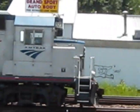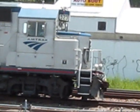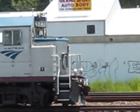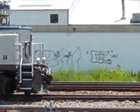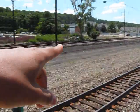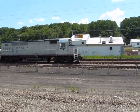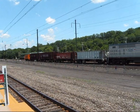But this is the closest I can get to the front, y'all. That's the closest I can get to the front of the unit, you know? Get a better angle. If I go down there, where's my, can't even zoom in. If I go down there and park my car, then I can get a better view of the train up here. But I think this is a pretty good angle of the whole train. I might take some shots from this part of the platform,